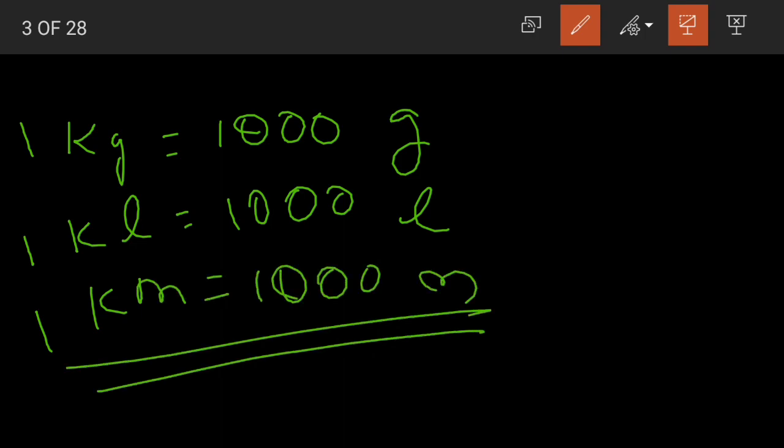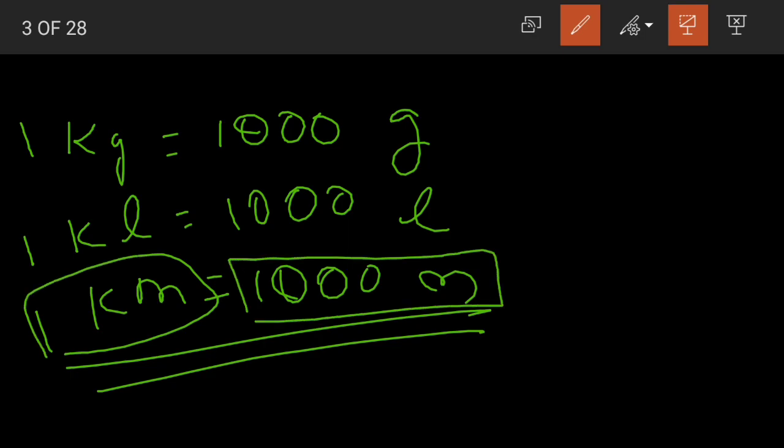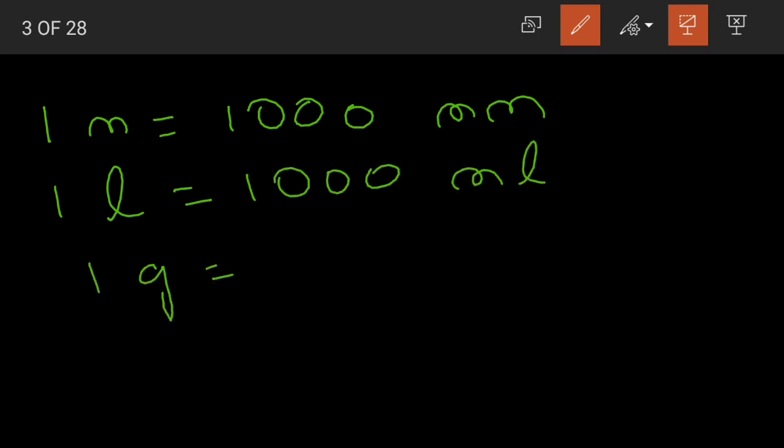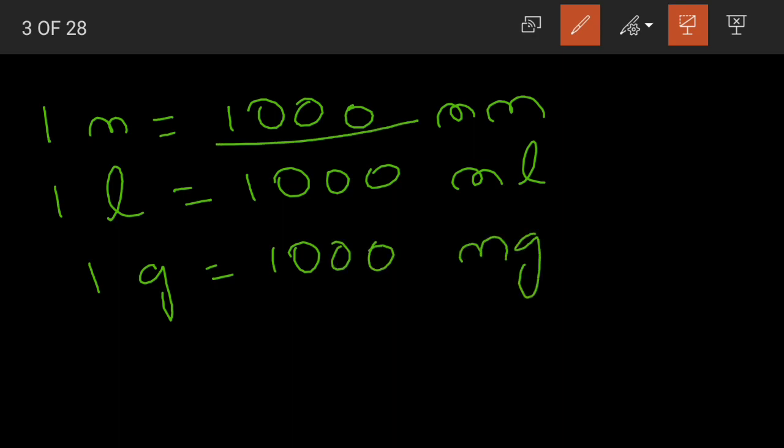First we learnt about meters. 1 kilometer is equal to 1000 meters. In the same way, 1 kiloliter becomes 1000 liters. 1 kilogram becomes 1000 grams. Okay students, and next we have the milli units, right? What did we learn? 1 meter is equal to 1000 millimeters, right? So in the same way, 1 liter will be equal to 1000 milliliters, and 1 gram will be equal to 1000 milligrams. Is it clear students? The same numbers apply to all the units of measurement here.